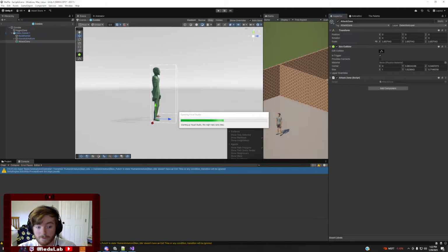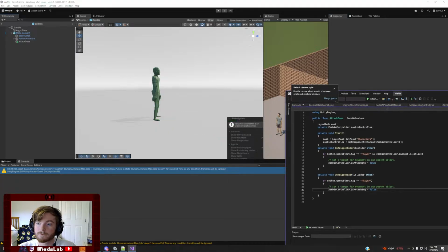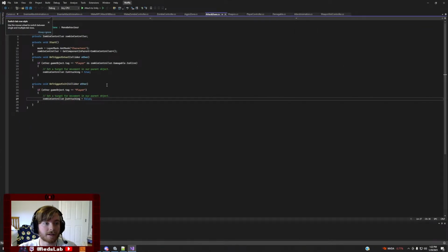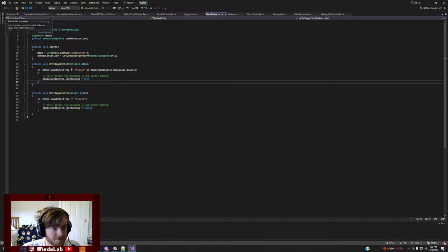Oh, what's going on here? Looks like it's off screen for some reason. Come on. There we go. Alright, attack zone. So if player enter, if tag equals player,